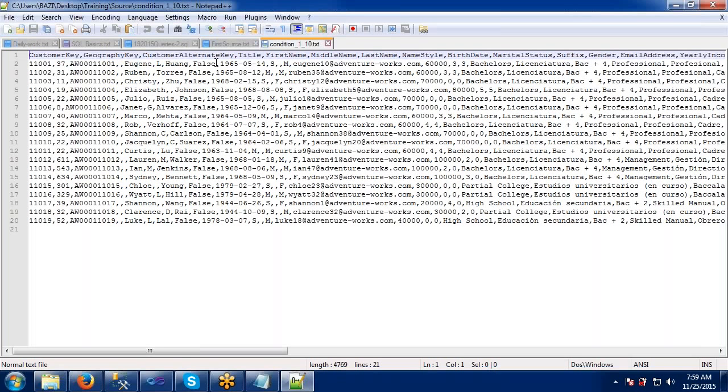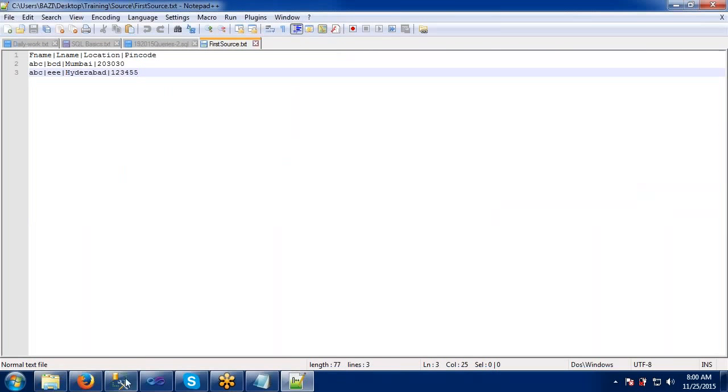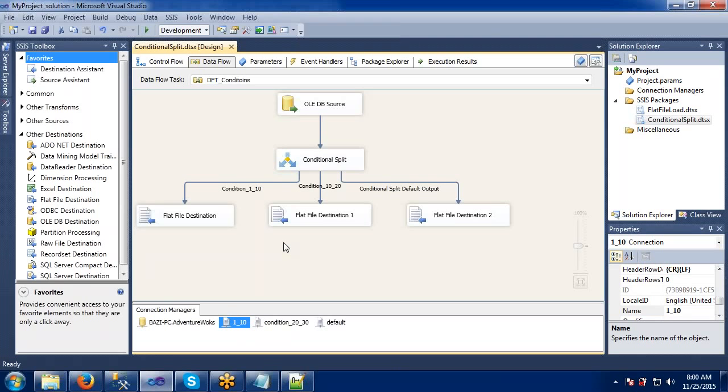As you said, we should convert all the different types of files into SQL, and only then can we process it into a data warehouse, right? So what is the use of converting into text files? Is there any use for this also? Yes, sometimes the requirement will be different here. Every time don't think that it will be SQL itself. It can be Excel also, it can be a flat file, it can be a table, it can be in a different format. Every company won't maintain the same pattern. Sometimes the requirements will change.